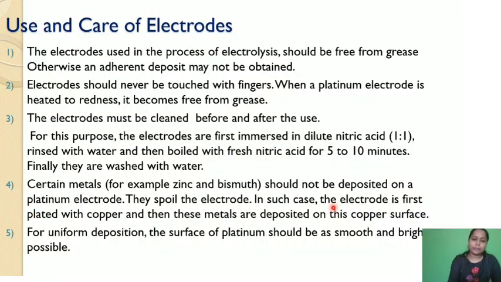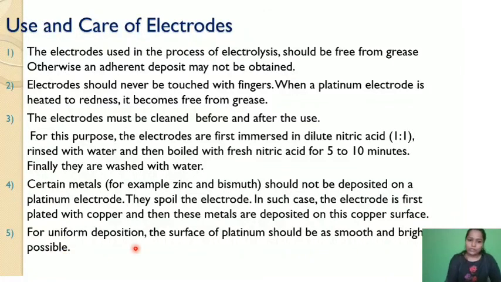In such cases, the platinum electrode is first plated with copper, and then these metals are deposited on this copper surface.